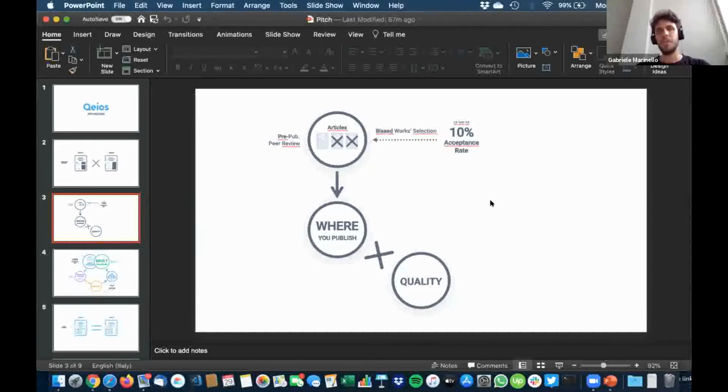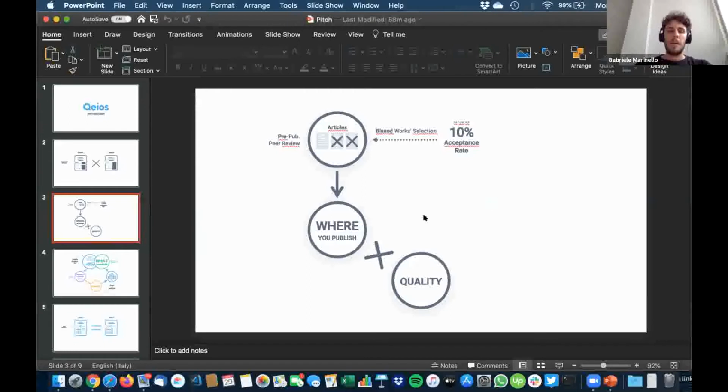So I personally don't think at all that this is the best quality check process that we can provide with the internet. I mean, it is exactly the same quality check process that 100 years ago was provided, before the information era, the information revolution. Okay.